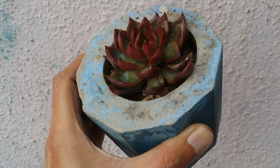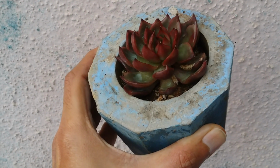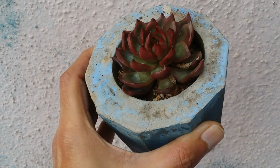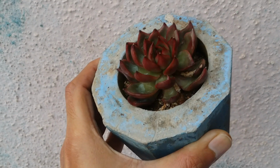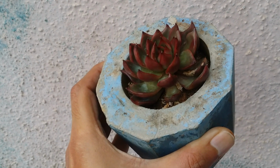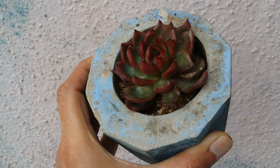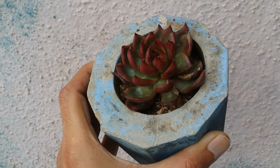A lot of people tend to grow their succulents in pots that do not have a drain hole, but that requires a little bit of skill, especially when you're watering it, because you should know exactly when the soil is completely bone dry and how much water you want to add. Because of course, if you add too much water, the water will not be able to pass